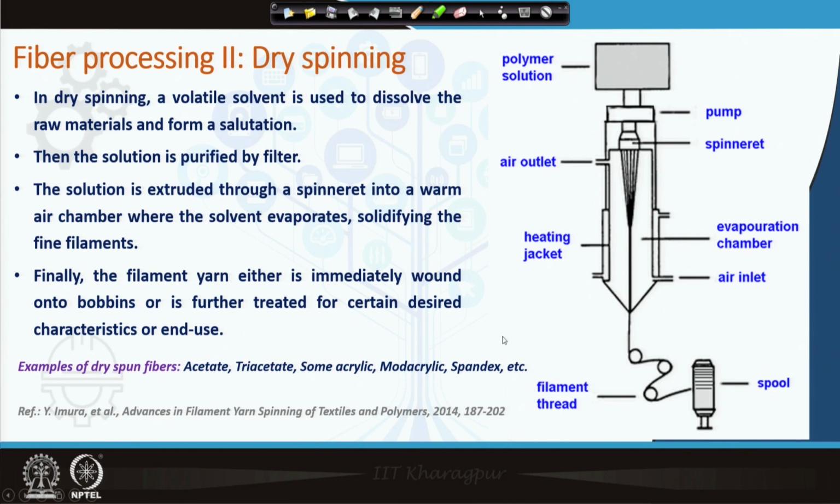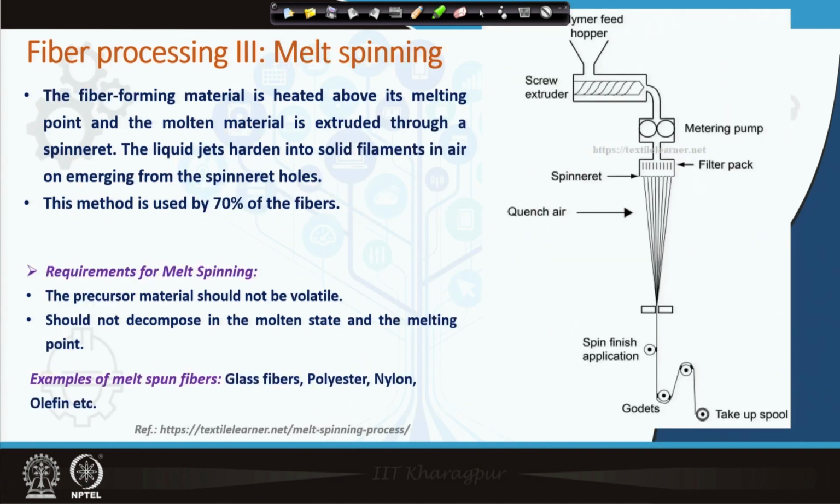The next one is melt spinning. From the name only you can clearly understand that some kind of melting is involved here. Yes, again the same process, you have a hopper where the melting takes place, and then there is an extruder which pumps the material inside the spinneret. Now, inside the spinneret you have the molten material which is coming out